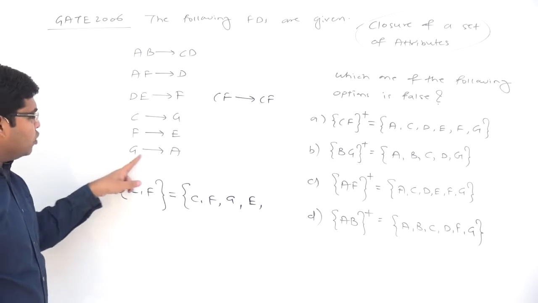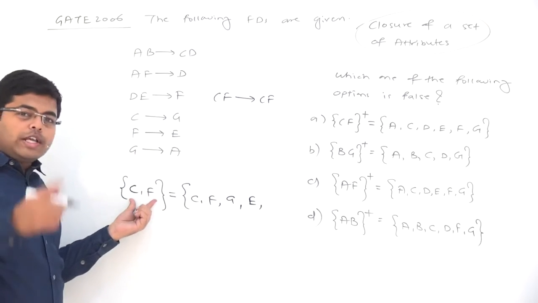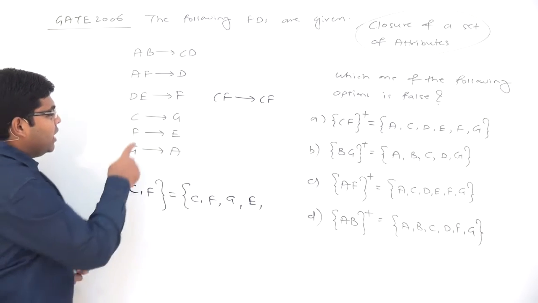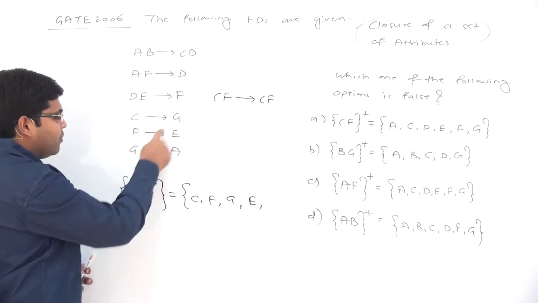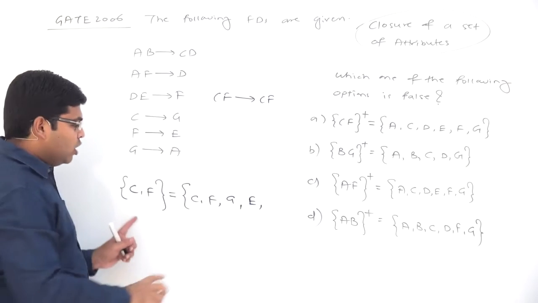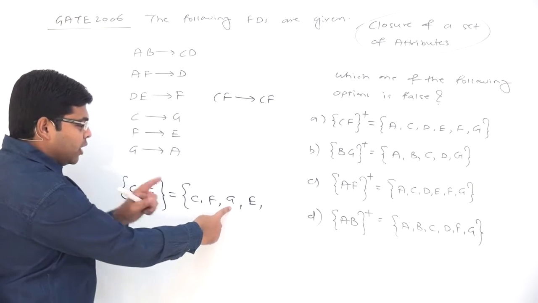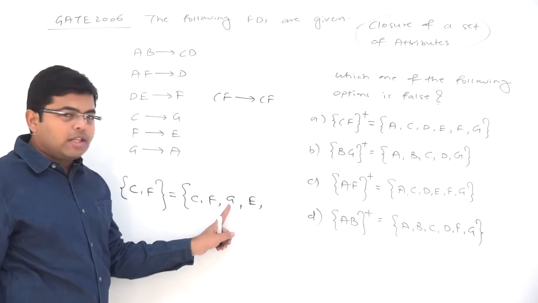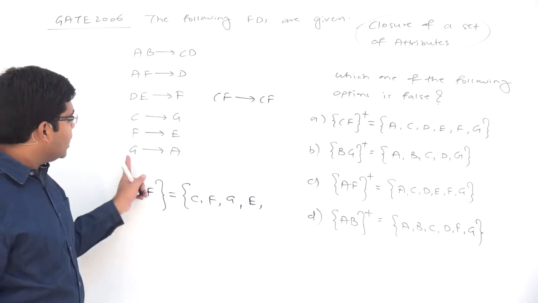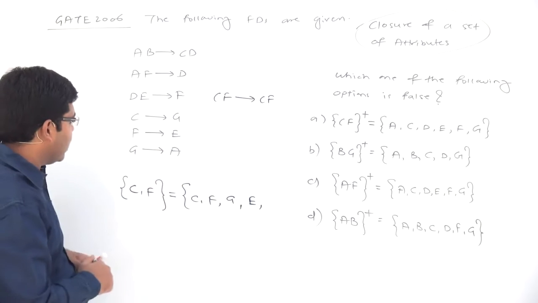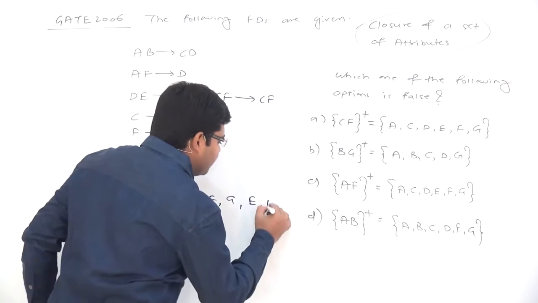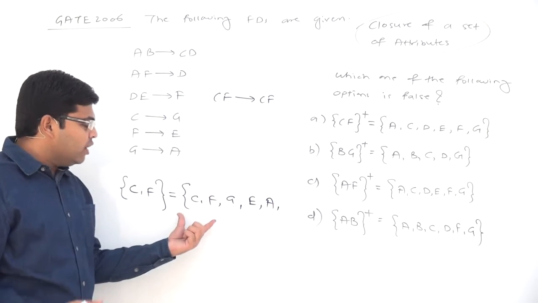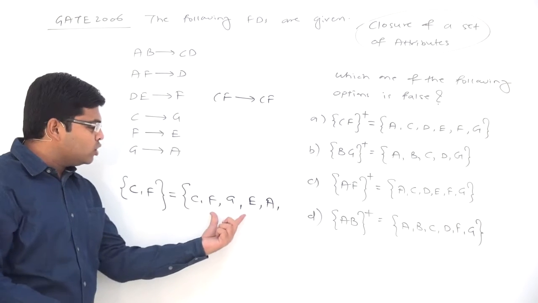And from G you can obtain the value of A. G was not initially available, but later on we found G with the help of C. So C gave us the value of G, and now G will give us the value of A. We obtained the value of G from the value of C, but once you uniquely determine the value of G, you can uniquely determine the value of A also, and that's why from G we will obtain the value of A. Now let's try to see whether more attributes can be added to this set or not.